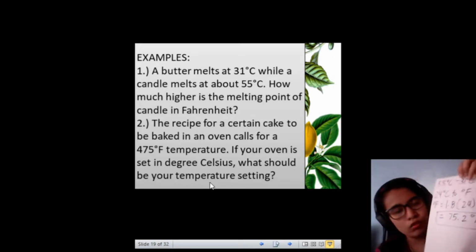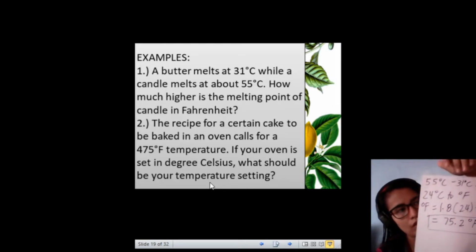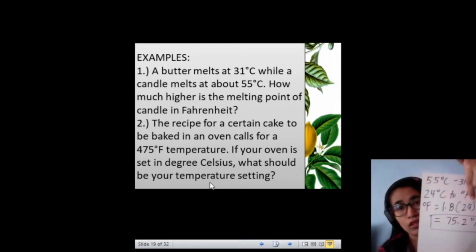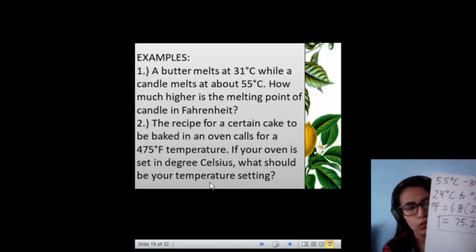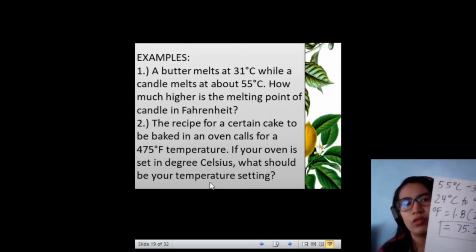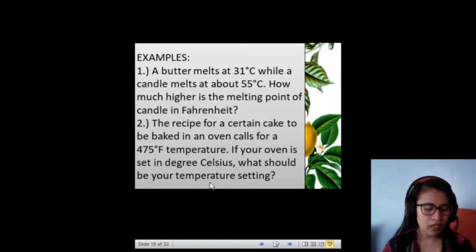Just take note, by doing it, you need to follow 1.8 times 24 first before adding it to the 32 to get the 75.2 degree Fahrenheit. So that will be the answer. Next,